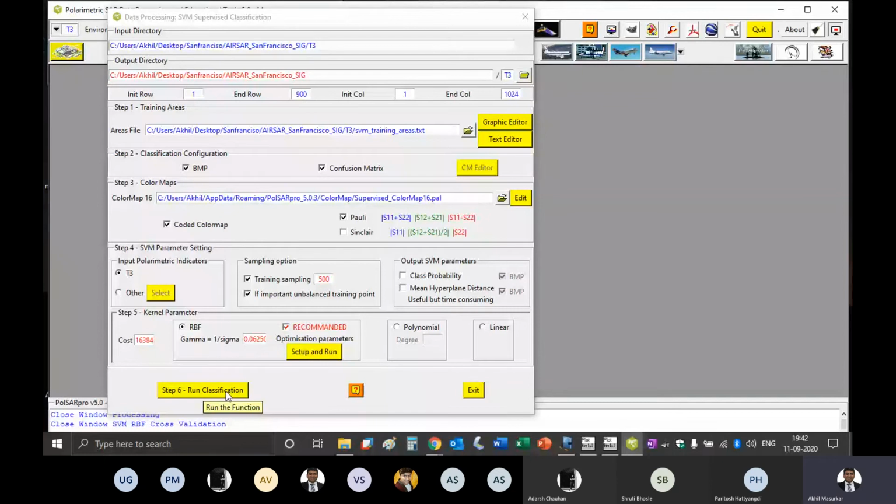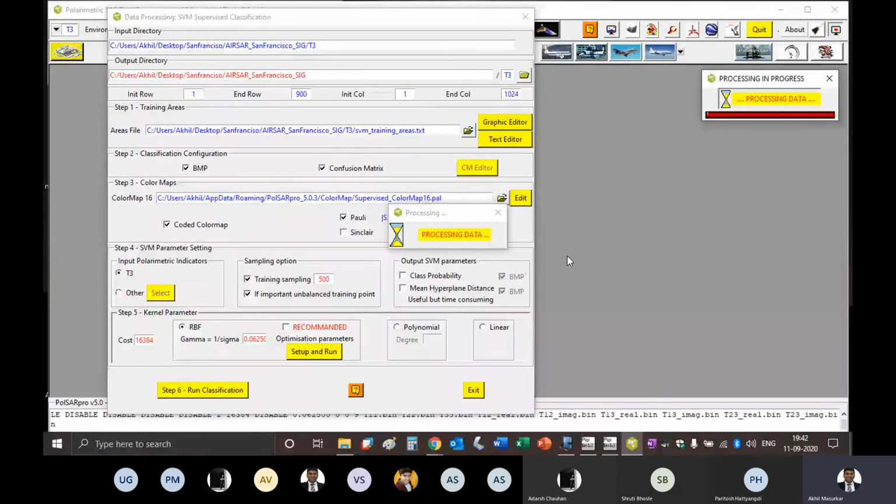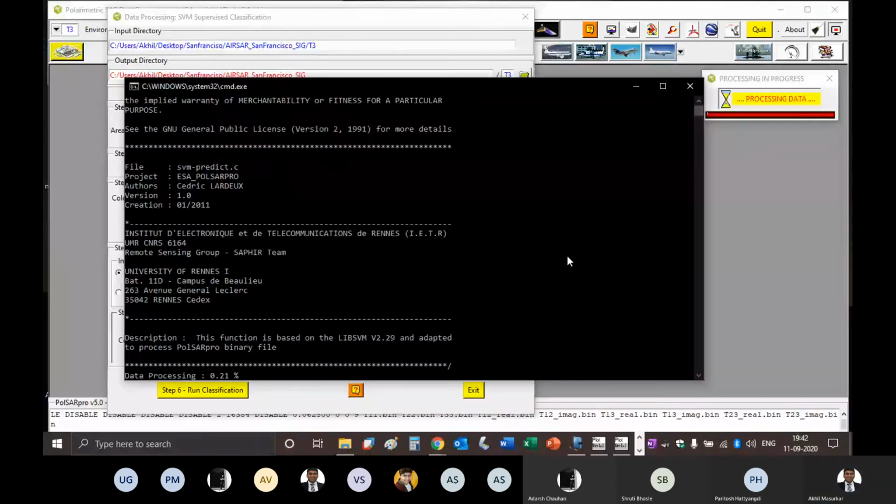Then we say run classification. Now you have gained the skill of not only classifying but using different classifiers for the same area, same sampling areas.